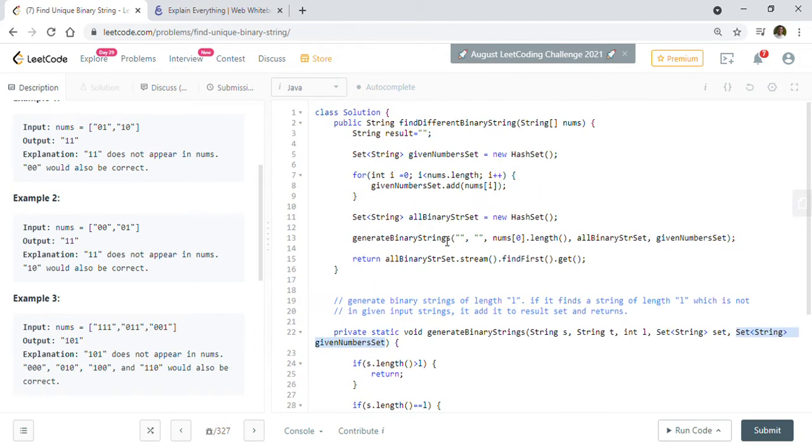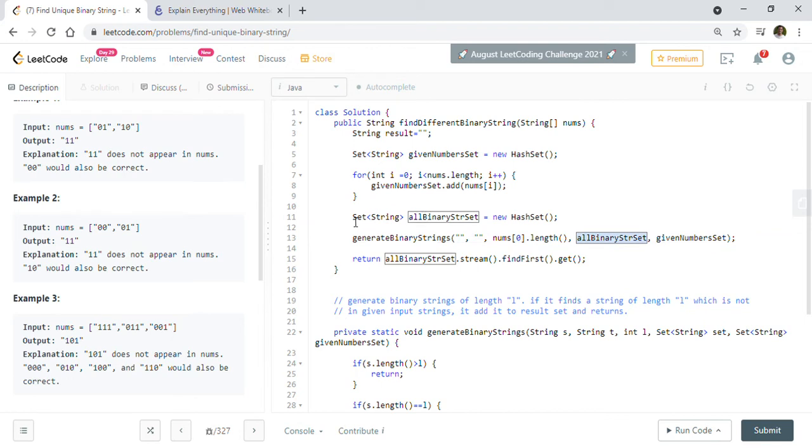What we have done is we took this array, iterated over the input binary strings, and formed a given number set, and then we pass this given number set into this method. In the beginning the string s and the string t are both empty, and we pass nums 0 length, which in our example is 3, and the all binary string set.